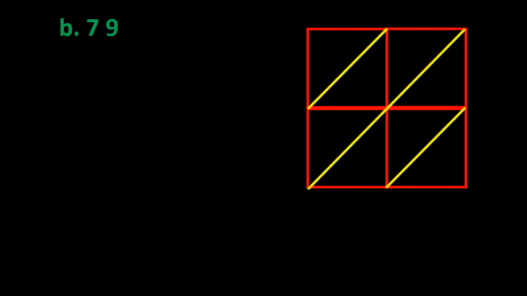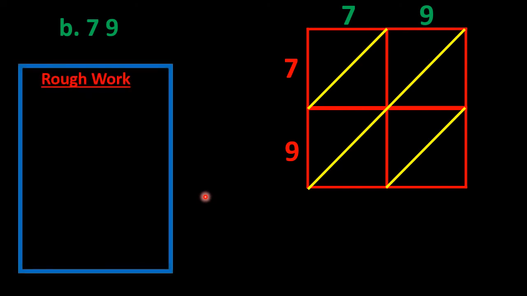Now let me find the square of 79 using the diagonal method. First you have to make a figure like this, and this 7 and 9 we write here: 7 and 9, 7 and 9. In this way. Then in the rough, for the first square we have to multiply 7 and 7. So 7 7s are 49. So here we write 4 and 9.